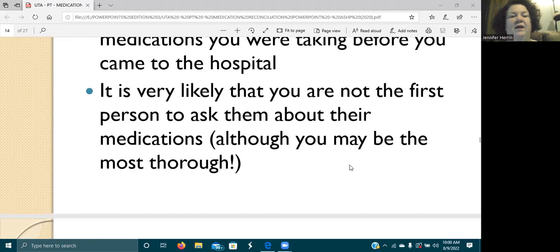And again, as it's mentioned here about how you may be the most thorough, although each and every practitioner that steps into that patient's room may be questioning them about their medications, no two people are going to go about it quite exactly the same way. So somebody's going to be more thorough than the other in some ways, and then maybe vice versa in other ways. So you pick up various tidbits from each and every one, and it's not that, hey, maybe this person shouldn't be